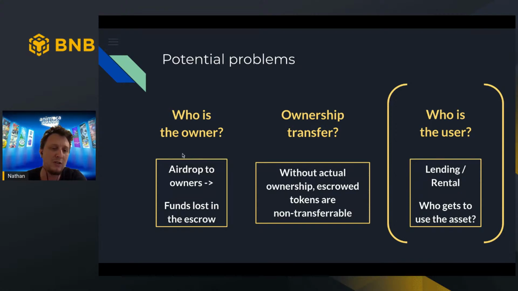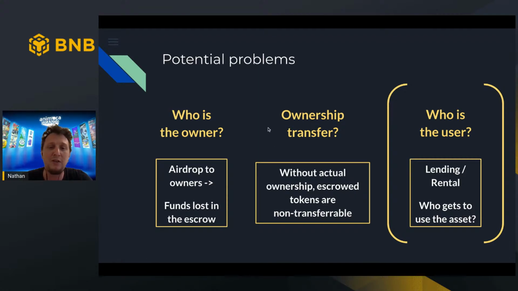One problem based on this, which has actually already happened, so I think it's good to mention here, is that sometimes you have projects which will airdrop new assets to the owners of an existing asset. Say everybody who has these tokens will be able to get an airdrop of our new NFT. But if these tokens are actually escrowed, then the real owner will be the escrow itself. And it has happened that this airdrop was sent to the escrow, which doesn't actually have a way to manage it. So that can be problematic.